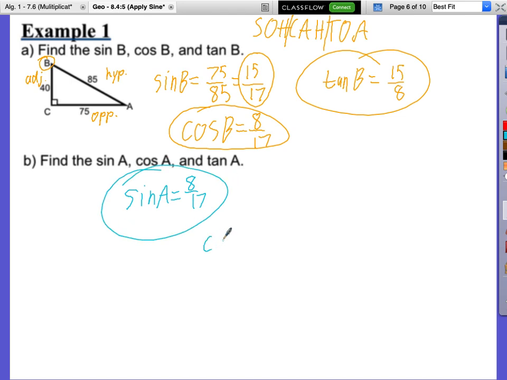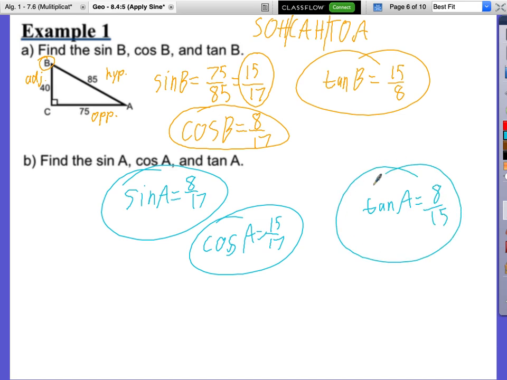Bree, what'd you get for cosine of angle A? 15 over 17, I agree. Okay. And then Zach, what'd you get for tangent of angle A? I got 8 over 15. I agree. Alright, so if we look at these,